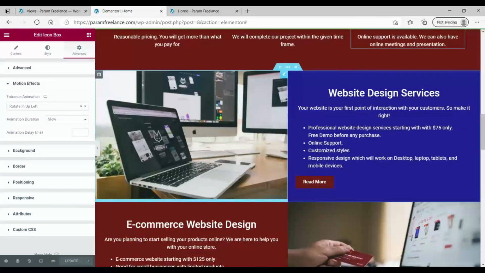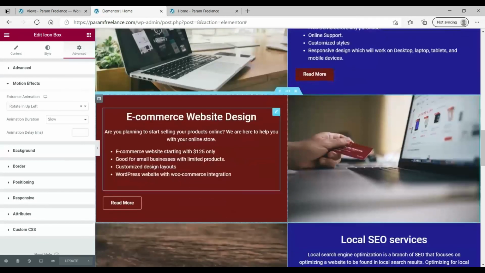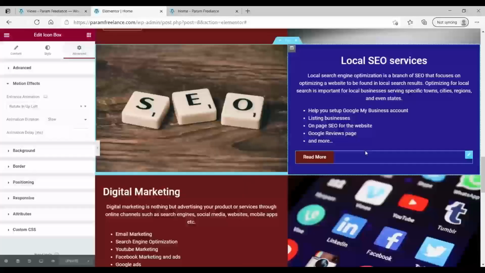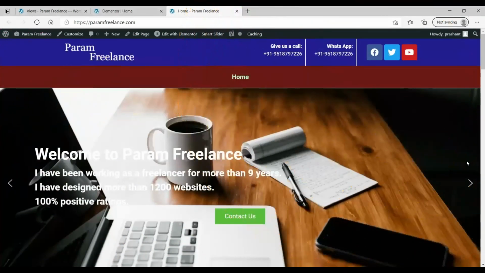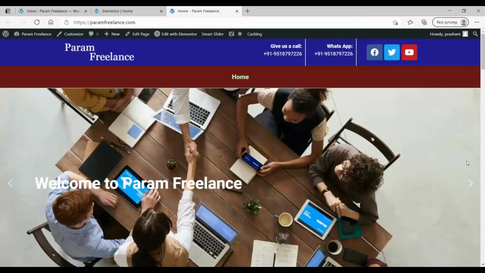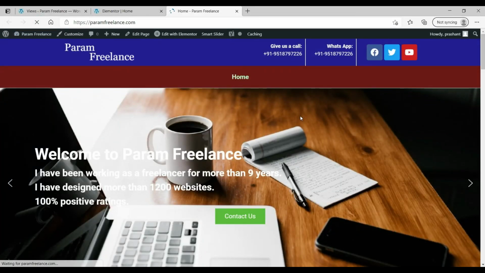Alright, for the remaining sections you can change the animation the way we did it. You can just move them from right or from the left, from top. Let's make it bounce in, fade in, or you can try different animation settings and it will work. So let me do it and let me pause it and I'll let you know. I have already changed the animation settings of all the remaining sections. So let me refresh it and let me show you how it's going to look.